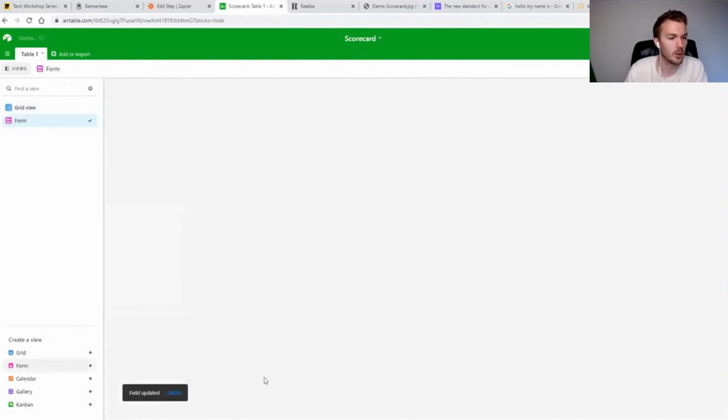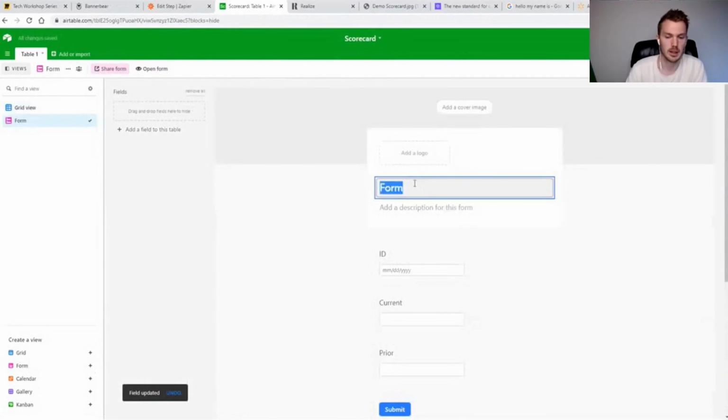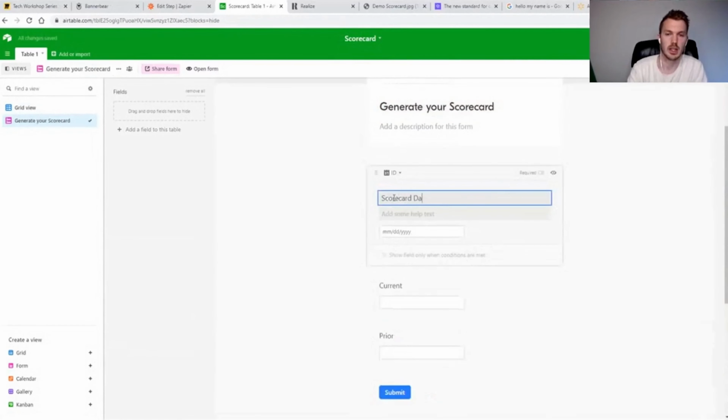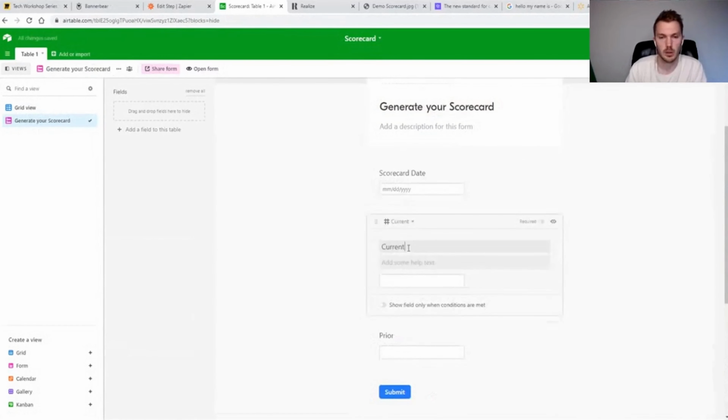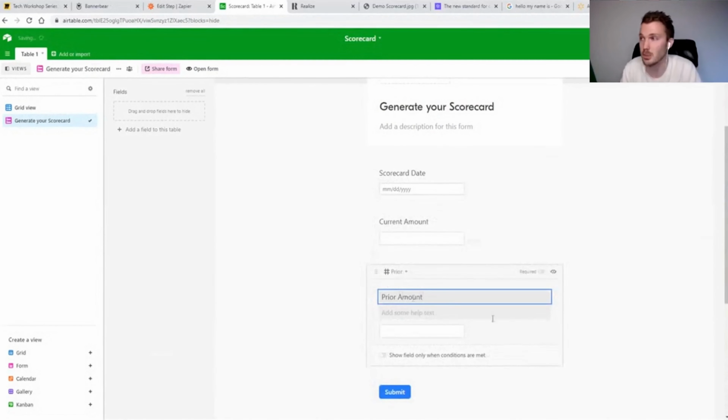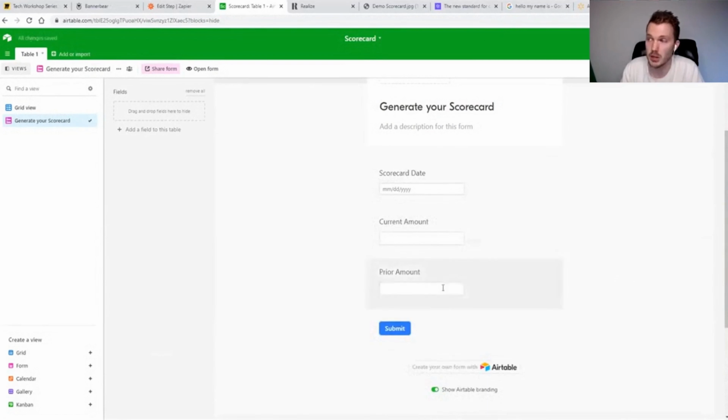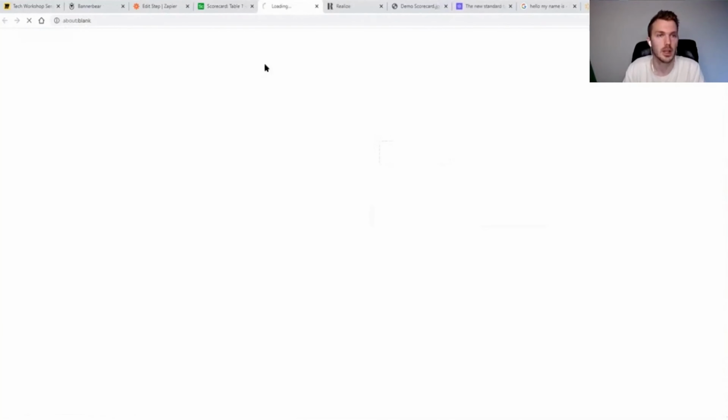So we're going to build a simple form for this. Say generate your scorecard. Call this scorecard date, current amount, prior amount. If you're actually using this in production, you probably wouldn't even ask for the prior amount because you already have that, right? You got it the previous week, the previous day. So in this case, you'd really just need the current amount. You could maybe even just use the current day instead, but keep things simple. So I'm going to open this